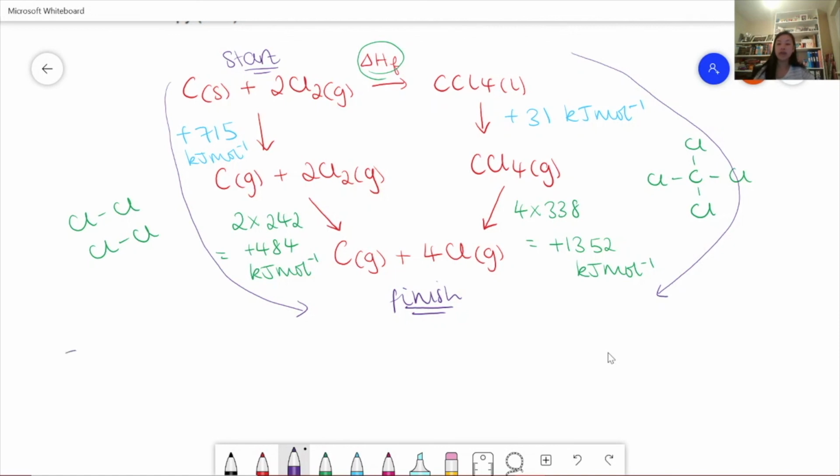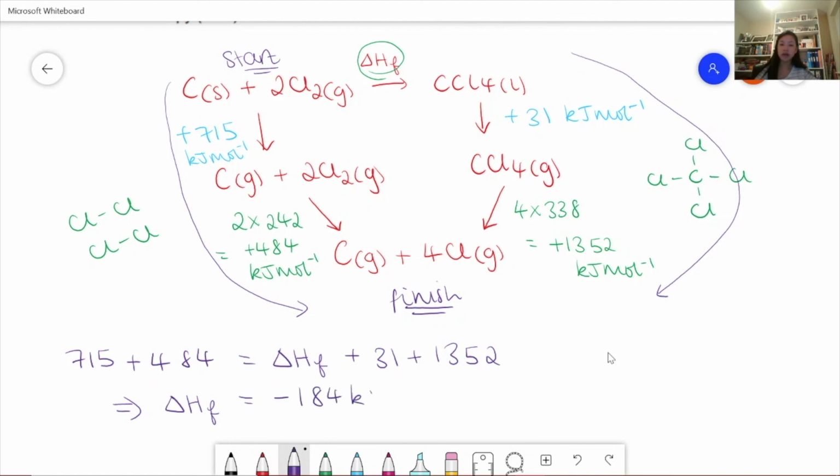And so now we can set up an equation. So we have 715 plus 484 has to equal the delta H of formation plus 31 plus 1,352. So rearranging this gives us that the enthalpy change of formation of the carbon tetrachloride is equal to minus